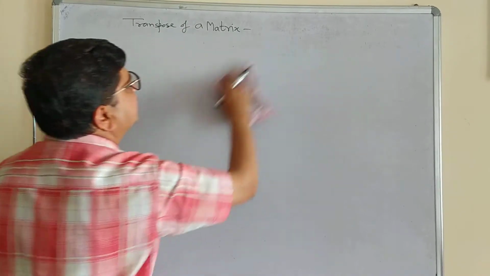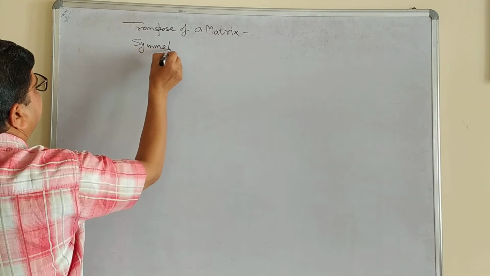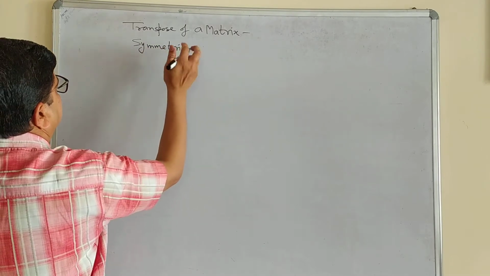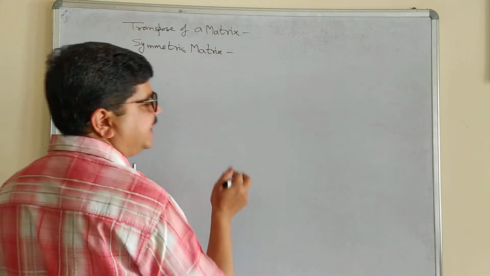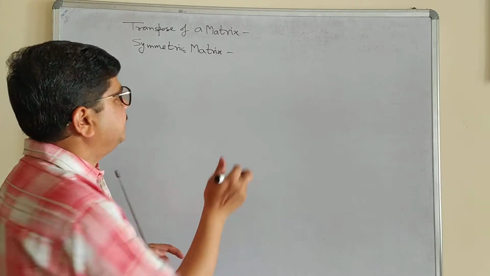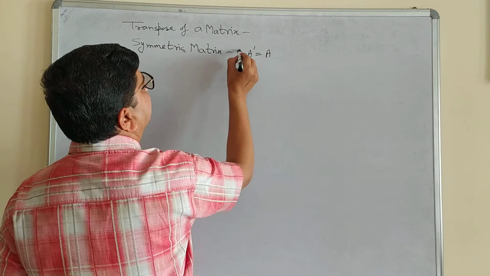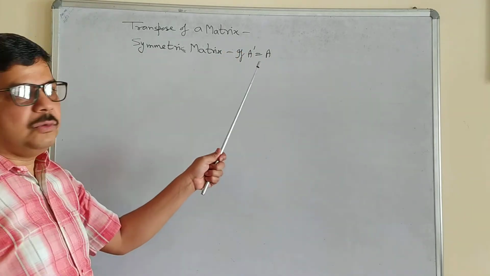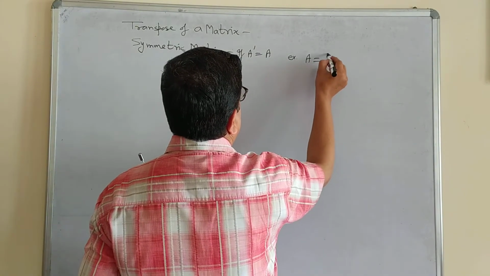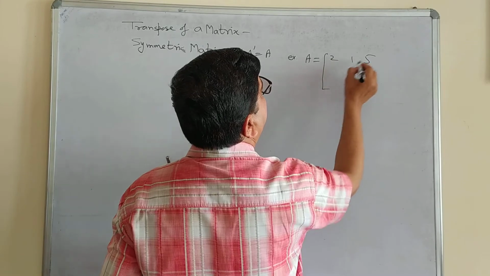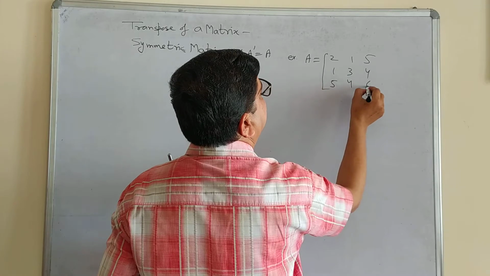Now there comes symmetric matrix. Symmetric matrix. A matrix is said to be a symmetric matrix if A transpose equal to A. If A transpose equal to A. Let us take an example. If A is a matrix 2 1 5 1 3 4 5 4 6,